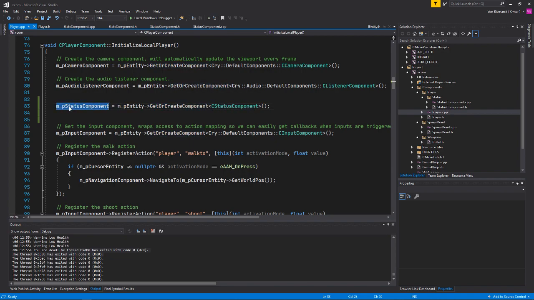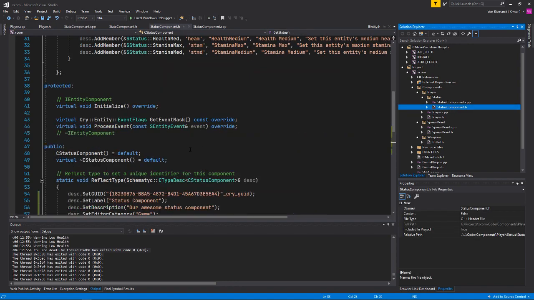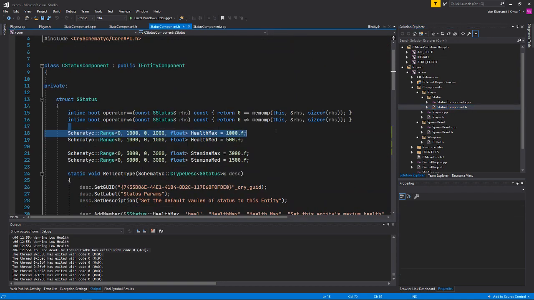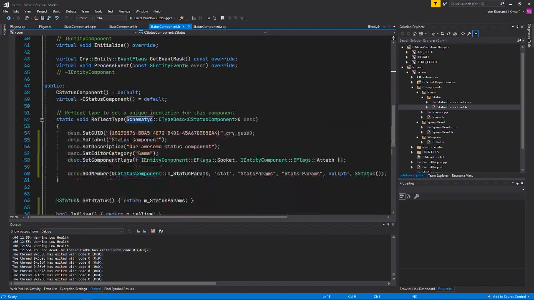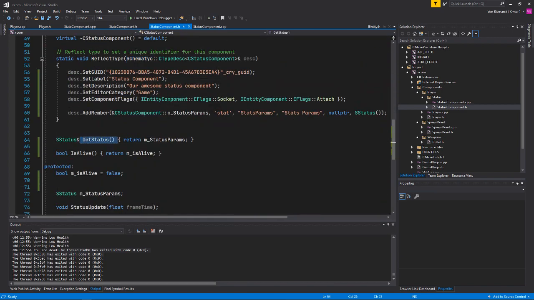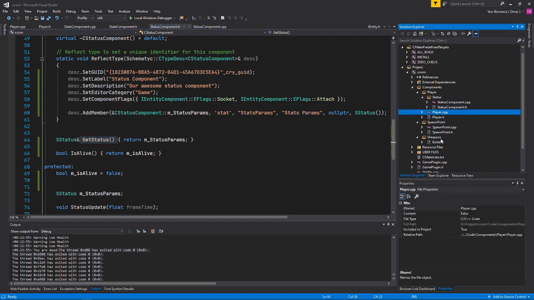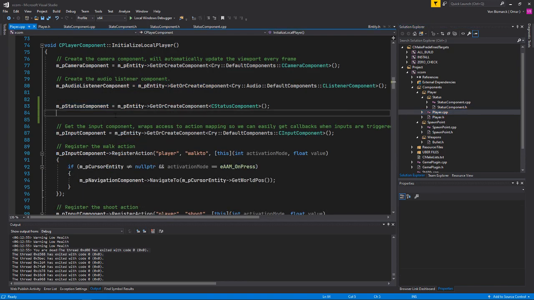And now we have our status component. Now you must be wondering, well great, we added the player, but the player immediately starts with the default value of 1000 and the max value of stamina and these two medium values. How do we change these? Well, good thing we have get status component, right? So with that in mind, what we can do in player.cpp, we can say,